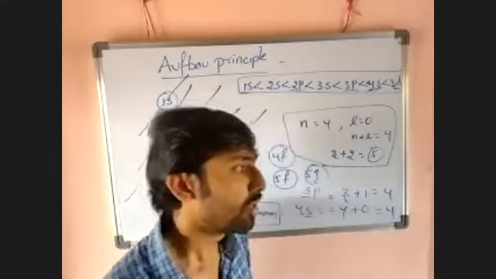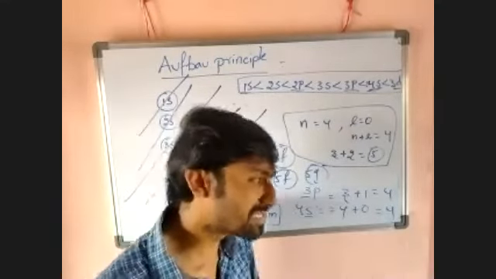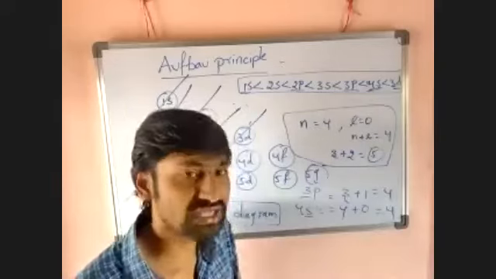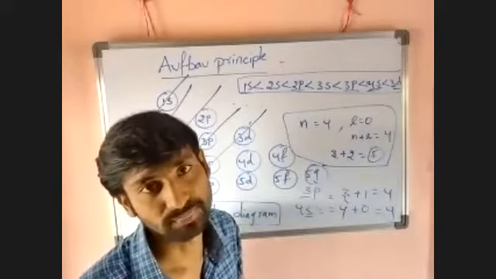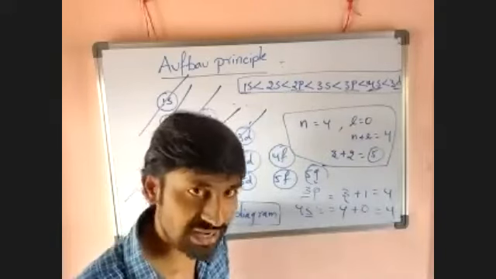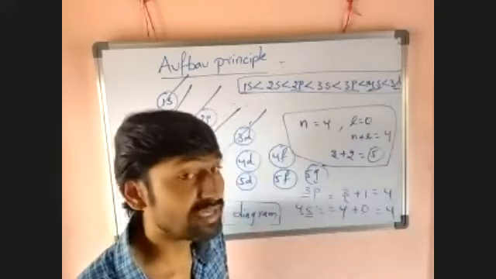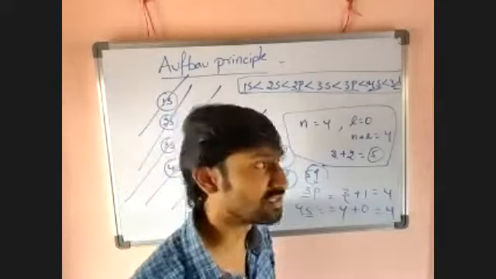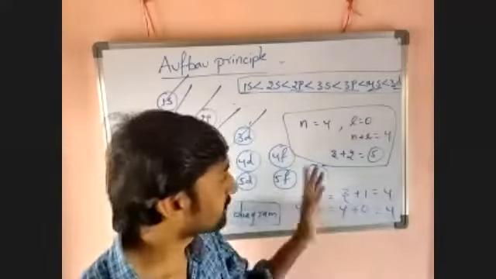You have to take the orbital with less n value. That one is considered as lower energy. Orbital with less n value is considered as lower energy, in case n plus L value is equal. Like that we can mention.